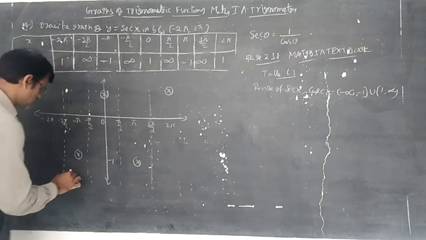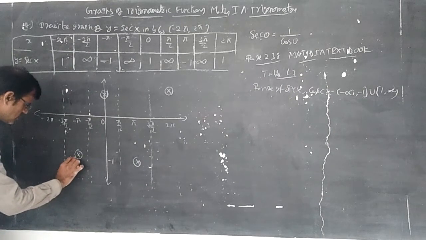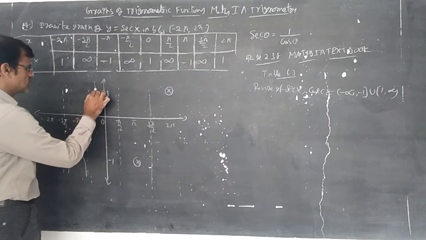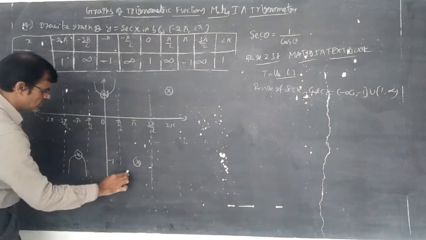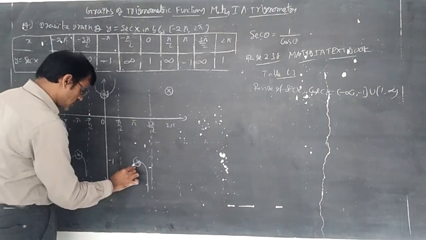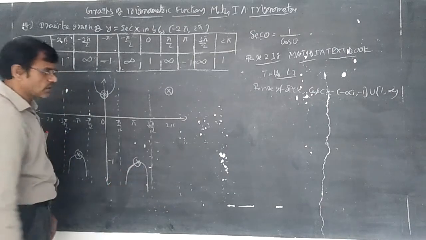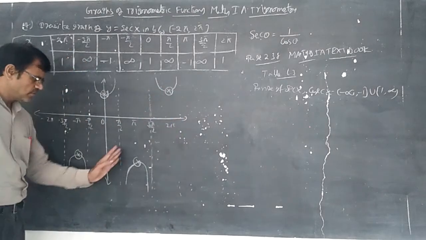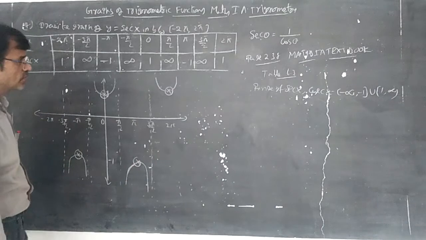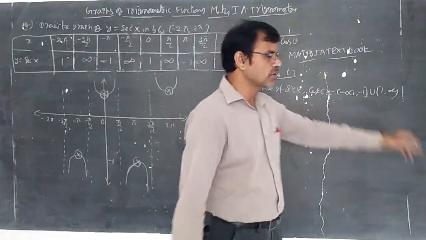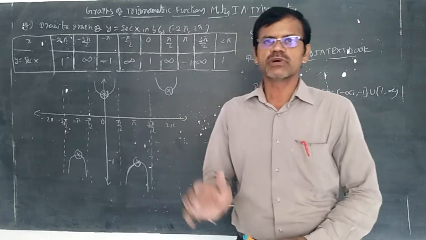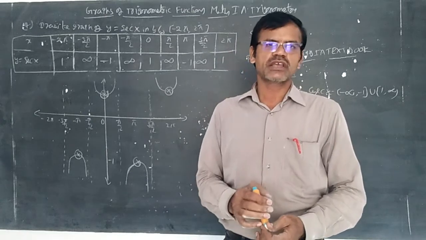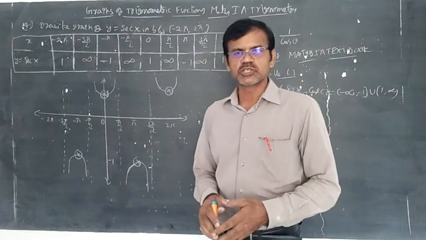Then you can understand this like a parabola, simply draw a curved shape. This is the graph. In a similar way, draw like this. That means there is no value between minus 1 and 1. Only 1 is there, or only minus 1 is there. For example, 0 is a value between minus 1 and 1. Secant how much equal to 0? You can think for 2 days or 3 days, you will not get any value. For example, secant 0 is 1.